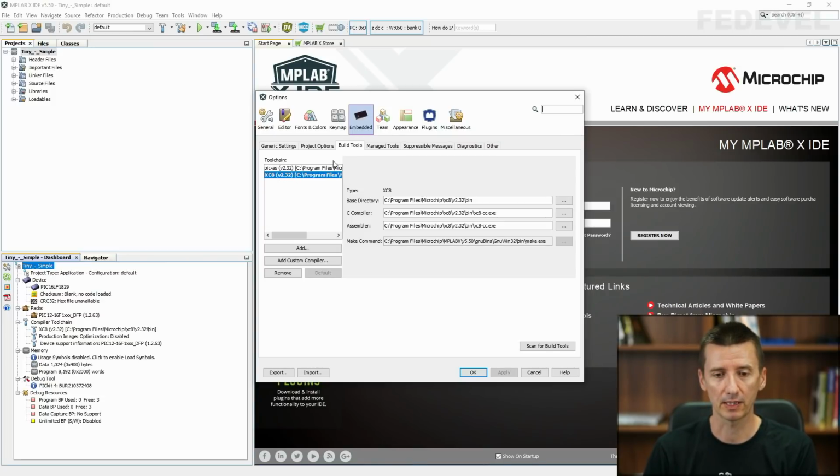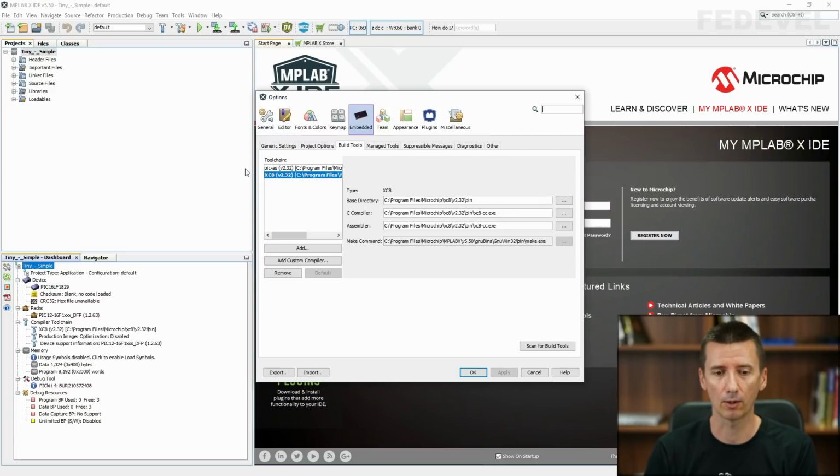If you don't see it here, click on this Add button, and find where the compiler was installed. It will probably be somewhere here, and add the location here. Also, if you don't see this compiler in this list, you probably have problems creating a new project, because the compiler will not be listed in the list of compilers.